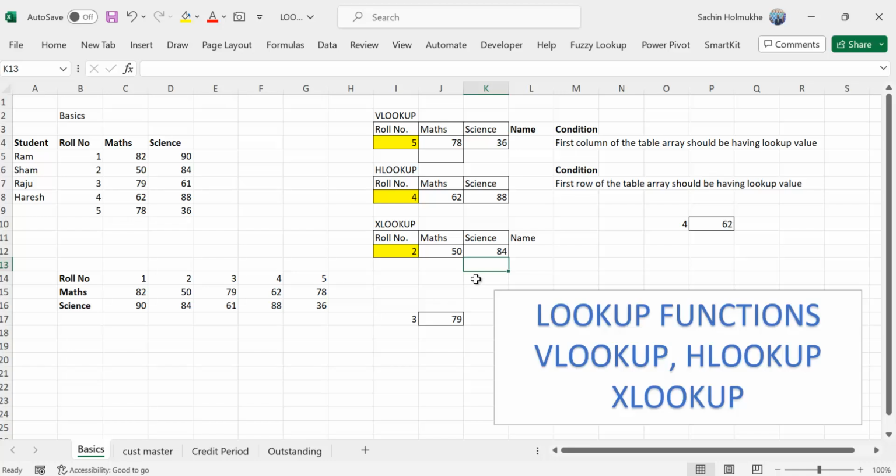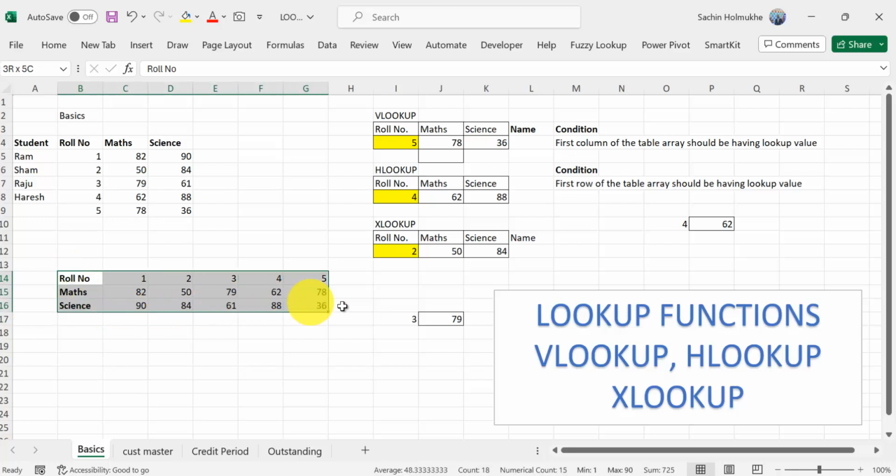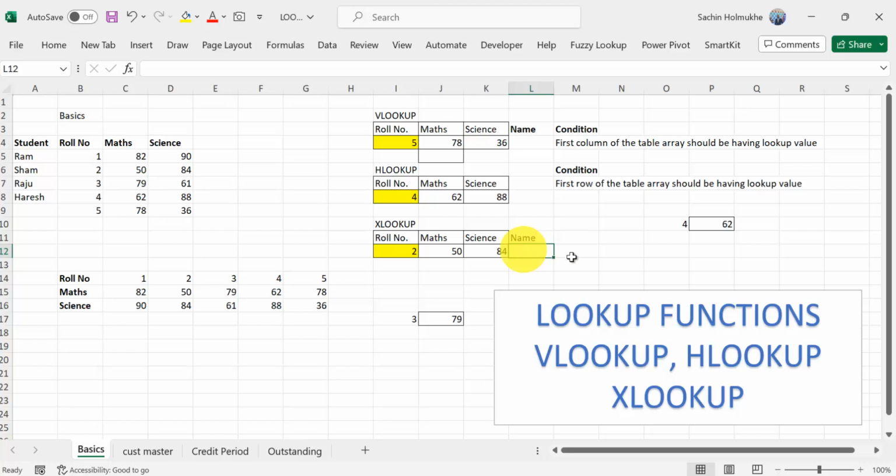But sir, this is okay. But you said this does something which this cannot do. Hlookup, Vlookup. So all these things can be done by Hlookup, Vlookup. Yeah. I'll show you something which Hlookup, Vlookup cannot do. Now here, my roll number is in column B. And suppose I want the name of the student. I cannot get that because Vlookup gives me only information towards the right side. Similarly, Hlookup gives me information towards the downside, not upside. My Xlookup can give that. See,